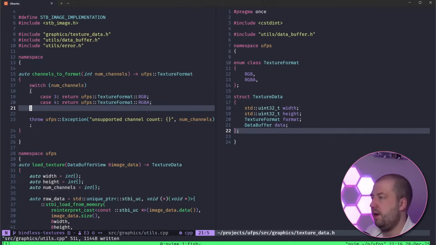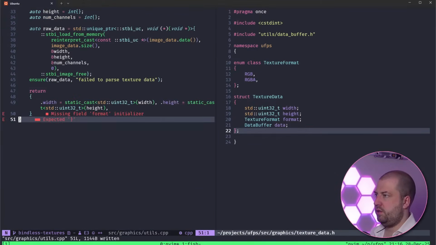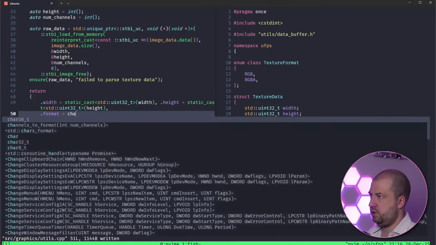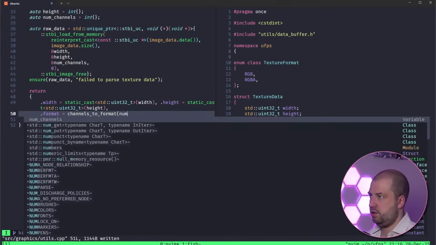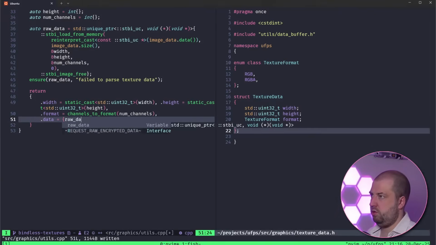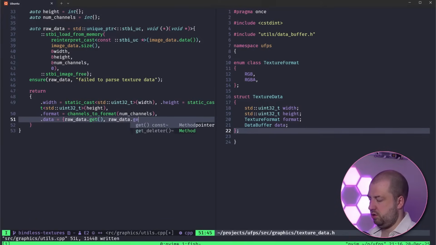Did I type it wrong or whatever? Doesn't matter. That's actually probably clearer anyway. Okay, so then we can do dot format equals channels to format dump channels, and then we can do dot data equals raw data dot get. Might have to cast that again. Raw data dot get